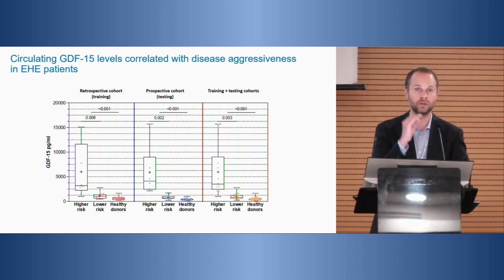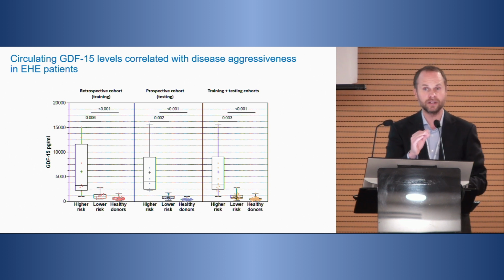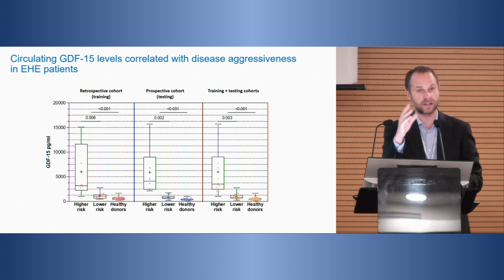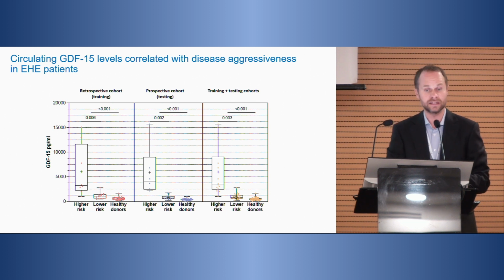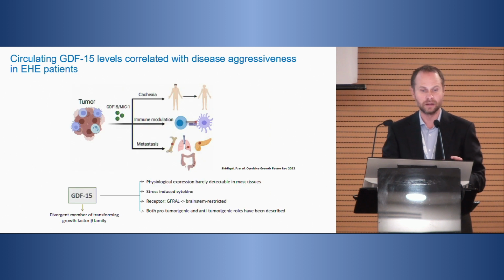And this is also another important point. A biomarker, in order to be relevant, needs to be reproducible across different series of patients. And this is the first step. The second step is to make it reproducible across different institutions, across different labs, and so on. But this is the first important step to establish a biomarker.